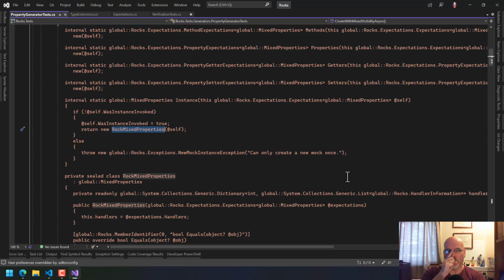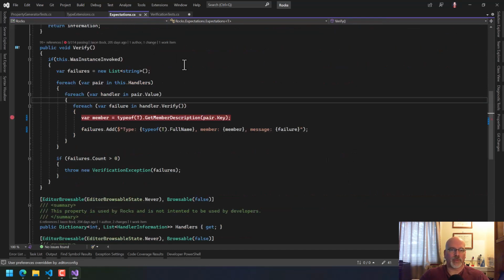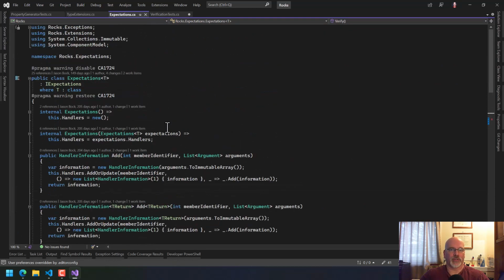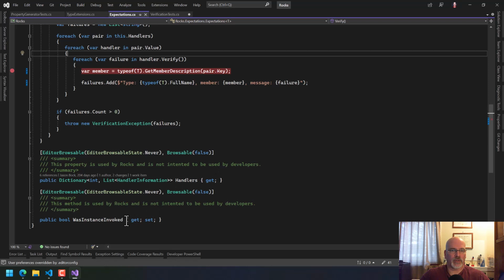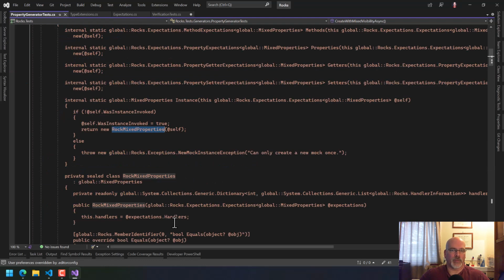What I could do is be sneaky here. I could have expectations here because I've got that was instance invoked, right? What I could add is a third one here and say mock type. And all that is a type. And it's of this type. I could say self.mockType is equal to type of rocks mixed properties. And then use that to find the,